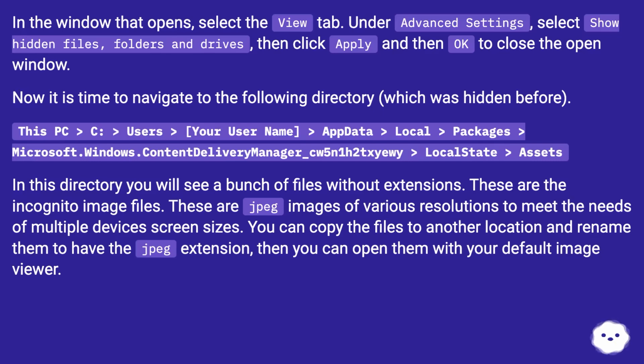These are JPEG images of various resolutions to meet the needs of multiple devices' screen sizes. You can copy the files to another location and rename them to have the JPEG extension, then you can open them with your default image viewer. Source: